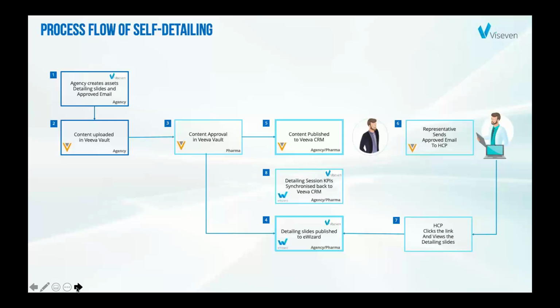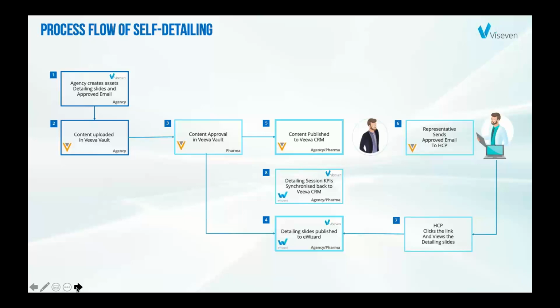Yeah, and after that, we have this rep who is going to the visit to the HCP, or just after the visit, for example, or even without visits to the HCP, sending the link to this e-detailing through the approved email. Also, in this schema, it is possible to adjust it, not only to the approved email, but to additional channels, for example, broadcast email or others. That can also be done.